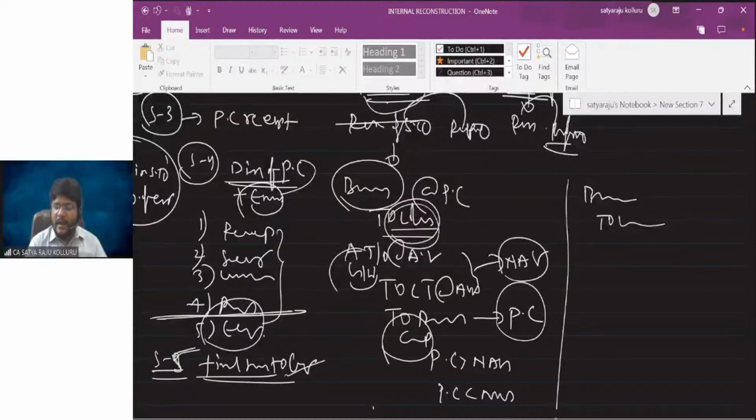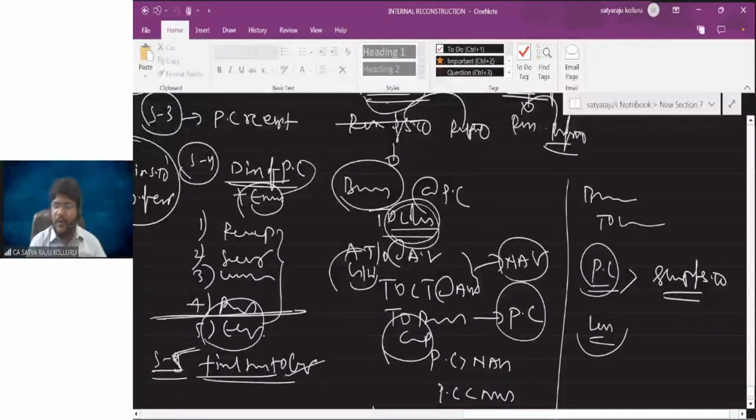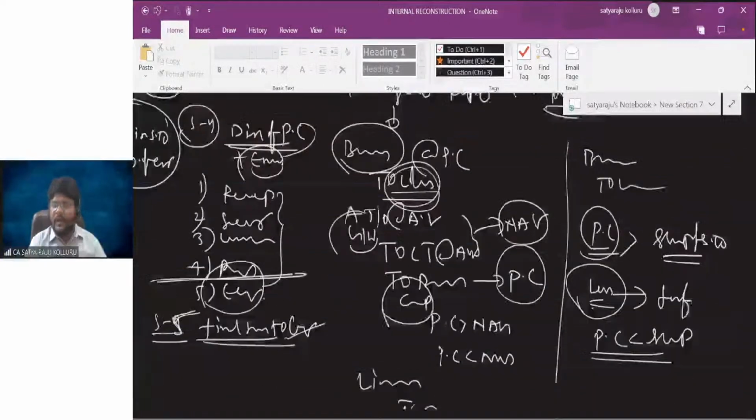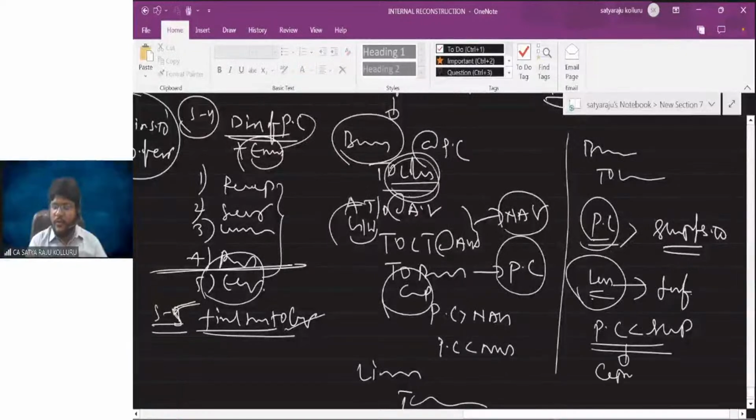In the second entry, at the time of comparing PC with NAV, you need to compare PC with the share capital of the selling company, because all the reserves and surplus of the selling company would become the reserves and surplus of the purchasing company here. Sir, if PC is greater than the share capital of the selling company, which loss can it be read as? Revenue loss. The revenue loss you need to set off with the free reserves of the purchasing company after taking over the reserves and surplus of the selling company. No, sir, if PC is less than share capital, then you can treat it as a capital profit only, which is transferred to the capital reserve.